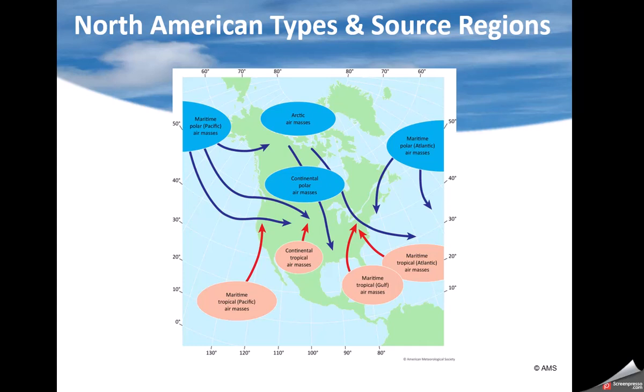In the United States, it's fairly hot and dry to our southwest, almost a desert climate. So we have continental tropical air masses there, which are basically hot, dry air masses. You go up to Canada, you get the polar, and you go up in the Arctic, you get your Arctic air masses. There are maritime polar, which form out over the open northern oceans and the southern oceans, and maritime tropical, which is a very warm, humid air mass. Where these air masses come together is where you get the bad weather.